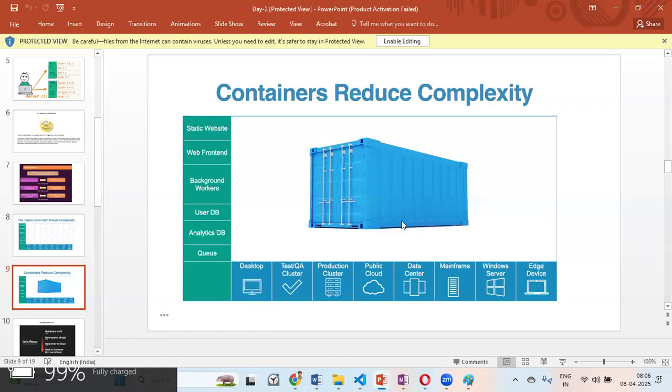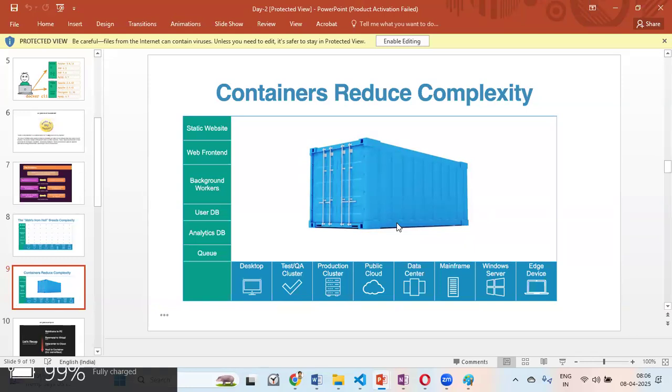Now, if a developer writes the code and builds it by compiling it, and builds a container or image out of it, and shares it with QA with the necessary dependencies and other things packaged into it, and as long as the container's integrity is valid, meaning the image is not meddled with, then it should be the absolutely same environment as the developer's. So whatever the developer built, QA can test, and if QA passes, it can be made available to production.